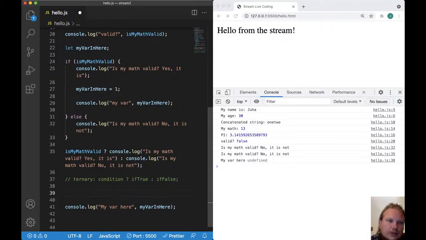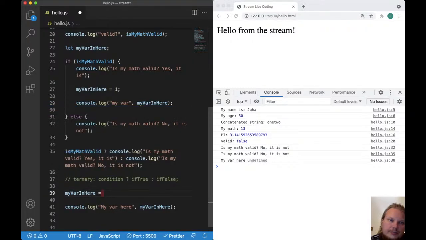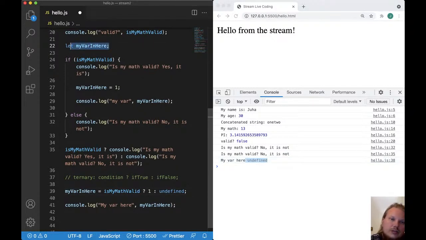So if I would like to define this variable using a ternary, then I would copy that here, and I would assign the ternary statement. So is my math valid. If it's valid, then we will return 1, and if it's not valid, we will return undefined. Because here you can see that it's undefined, and we initialize the variable without any value, so it's undefined. So let's keep it that way for now, and I save, and you can still see